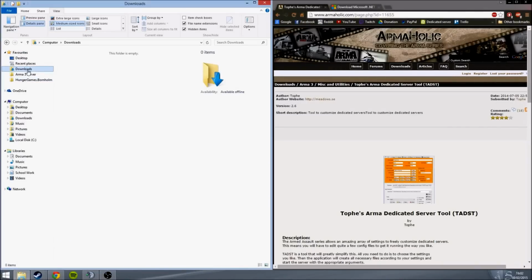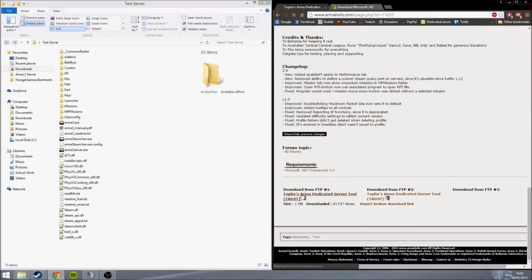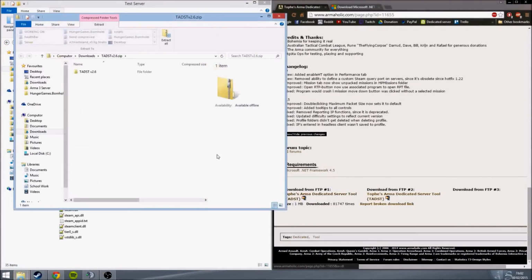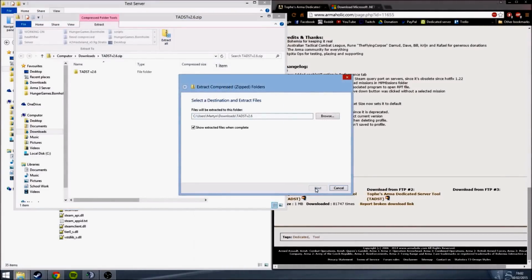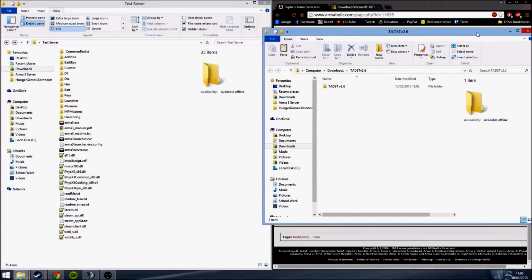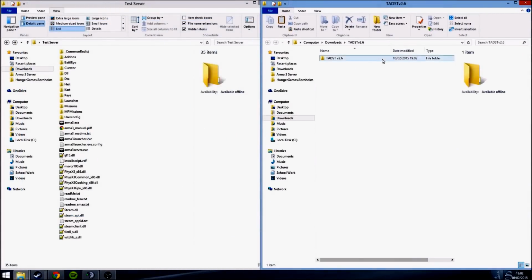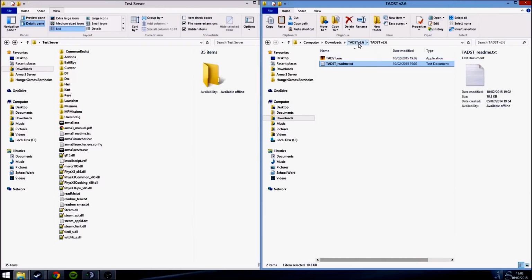If not, I can go on my downloads. Alright, it's been a bit funny today. Let me give it another click. There we go. Second time always works. Okay, so what you do is just extract that and put it in my downloads, whatever, you're going to be moving the file anyway. So this is in my downloads now. All you need to do here is you don't need the readme, you don't want to put the file in, you just want to put the application in